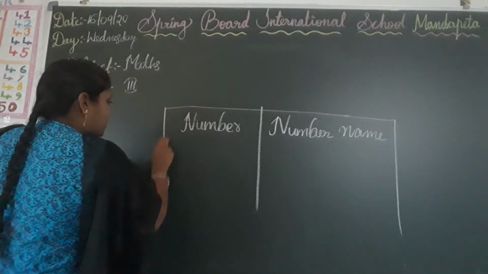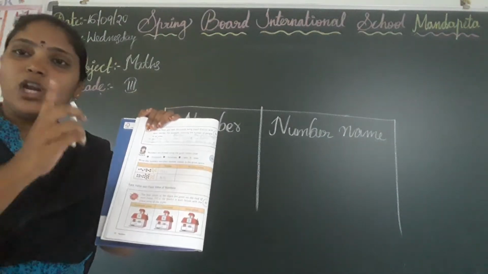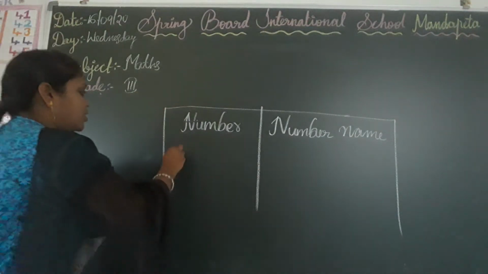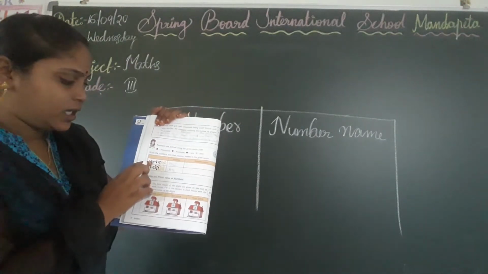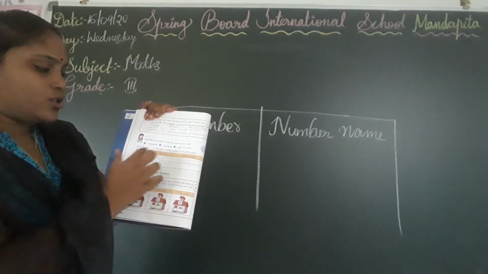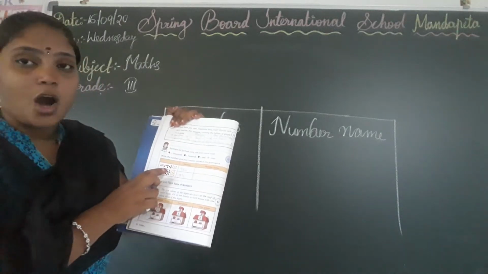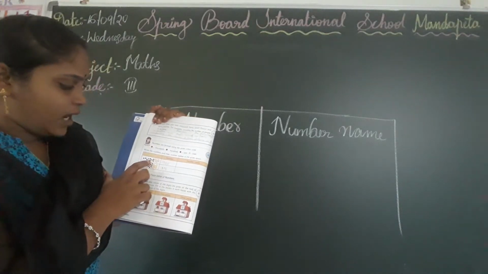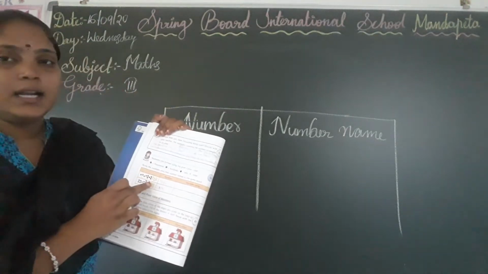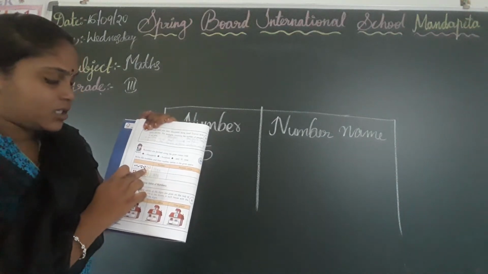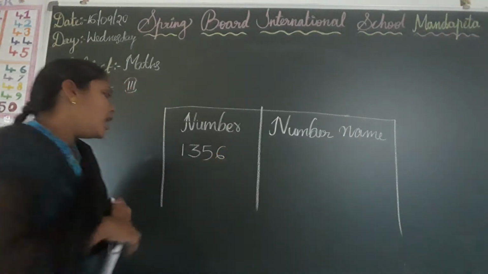So here let us check first how many red dots are here. Red for 1000 and here only one red dot is there. So write 1000. Check how many green dots are given here. Here 3 green dots are there. So green for 100, so it is 300. And let us check how many maroon dots are given here: 1, 2, 3, 4, 5. So here it is 5 tens. And let us check how many yellow dots are given here: 1, 2, 3, 4, 5, 6. So here it is the given number.